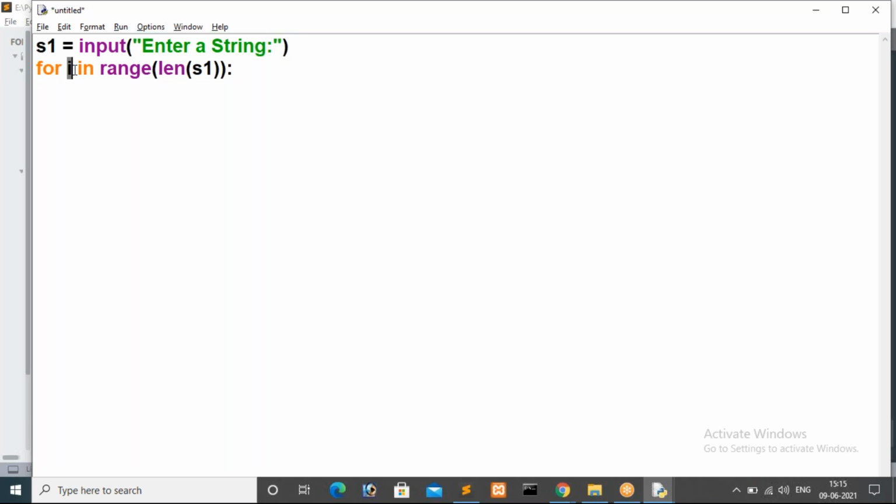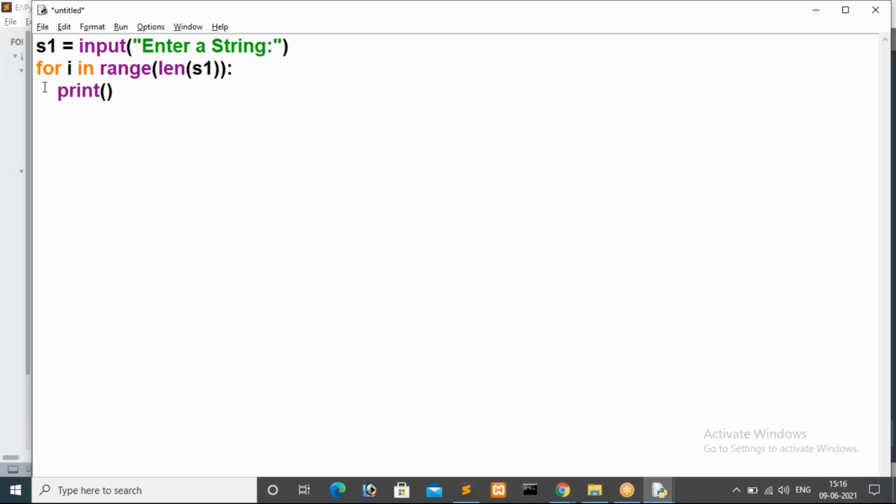Index position. What is the beginning value? I mean, in the first iteration, what is the value inside i? We are passing length, that is an integer value. We are iterating the loop for finding positions. Absolutely. Now in the first iteration the i value is 0. Now by using i I want to print each and every character. Now here I want to print. Now I have a string with me. I have the index position also. Now how can I print, guys? Now I have the index position in the first iteration, that is 0. Now I want to find the 0th position character in the given string. How can we find, guys?